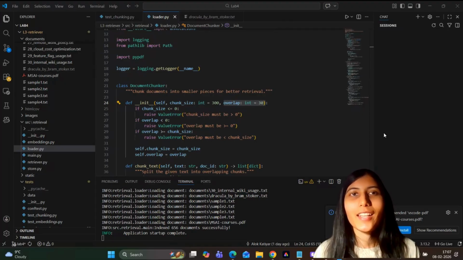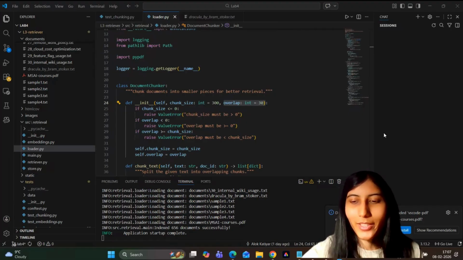Hi, I am Aarti, and today I will be demonstrating an extended version of my previously working project, which is a semantic search engine through embedding. In this extension, I will be breaking down how I implemented a concept called chunking. Let's get into it. I'll show you how it works.